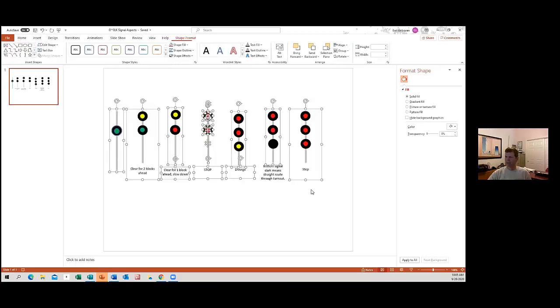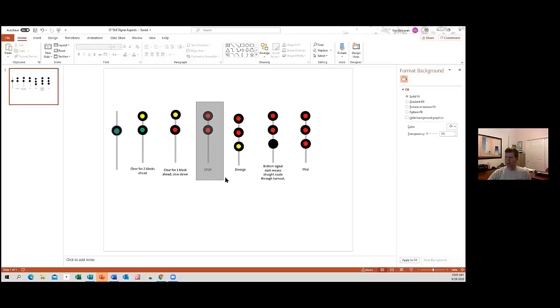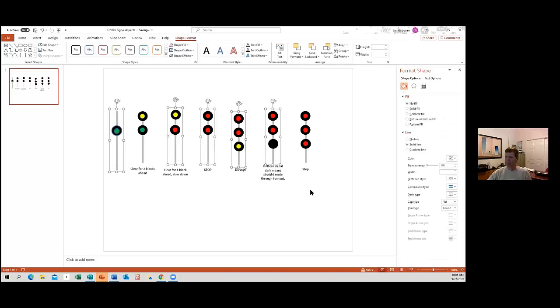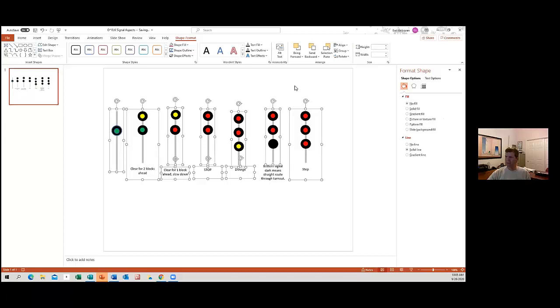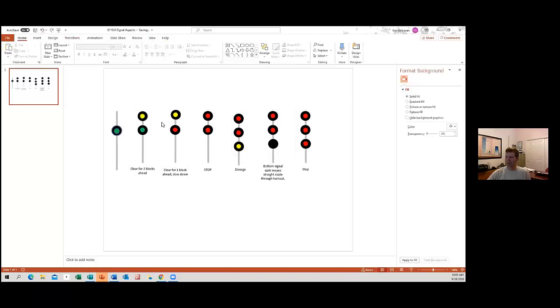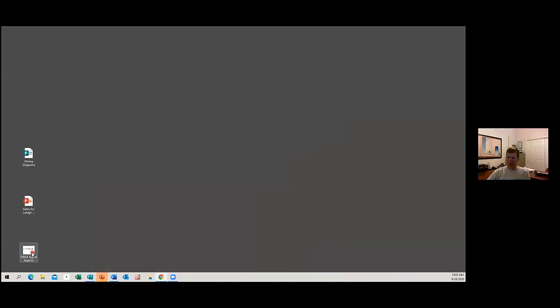The other nice thing, if you have a bunch of these things in here, let me group this again. Let's see what we got. If you have a number of these things in here and they're all kind of funny and not lined up, there's an alignment program that you can use, and it's not going to work because I don't have them grouped properly, but it'll automatically space these out the same and line them up for you. So there's some really nice things buried in here to do other things than just, you know, draw templates and things like that. The thing that I'm working on is